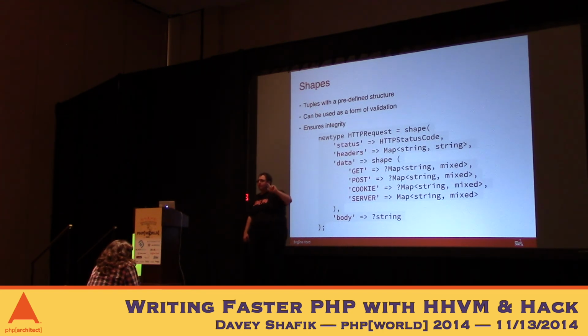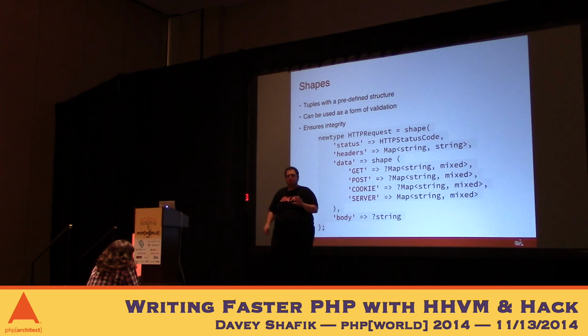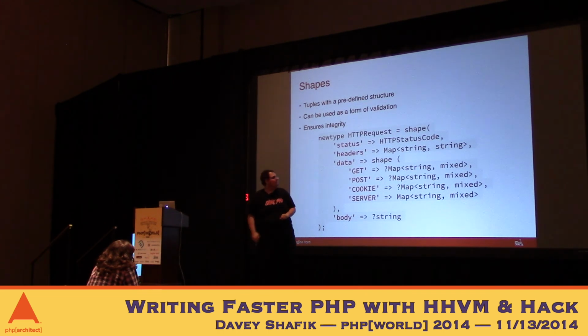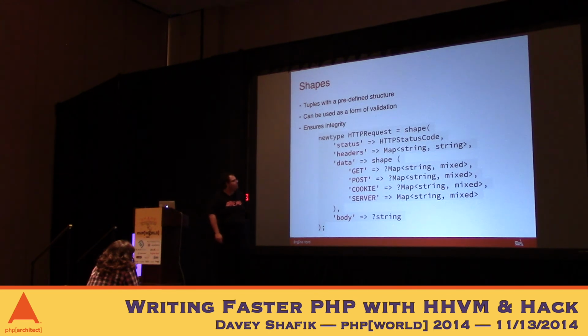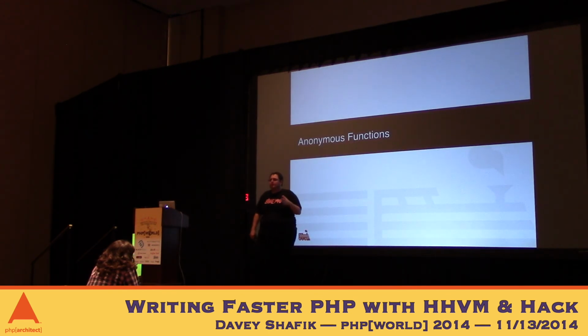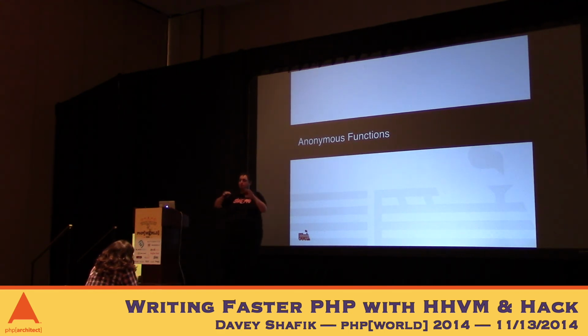Typically you're only going to get one of get or post, or potentially no cookies, right? So these are nullables. And because on the right-hand side we don't know necessarily what we're going to get, it should be strings because it's PHP-like, but maybe you're doing some other weird stuff with your request. So we're doing string and mixed. The left side is the name of the key, so get, login, whatever, and mixed is the value. And then we have a body, which is just a nullable string. So if you're doing a put or a post or something like that, that's where that would end up. What's cool about that is that you no longer need to be checking that structure for information. You don't need to be checking that structure for structure. You know what's in it and what exists just based on the type.